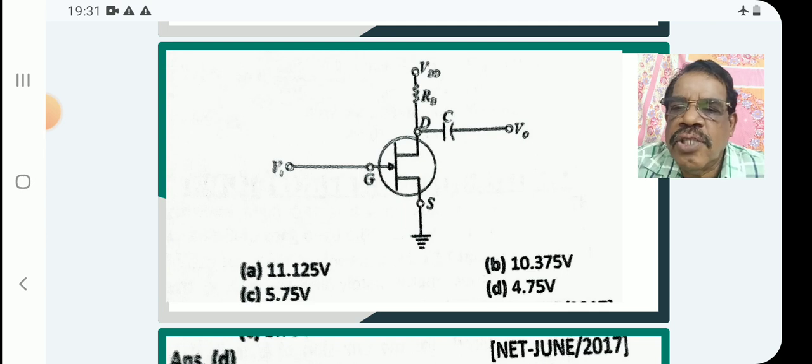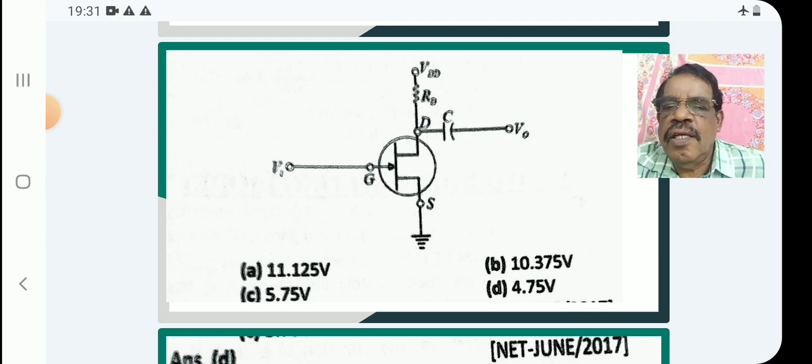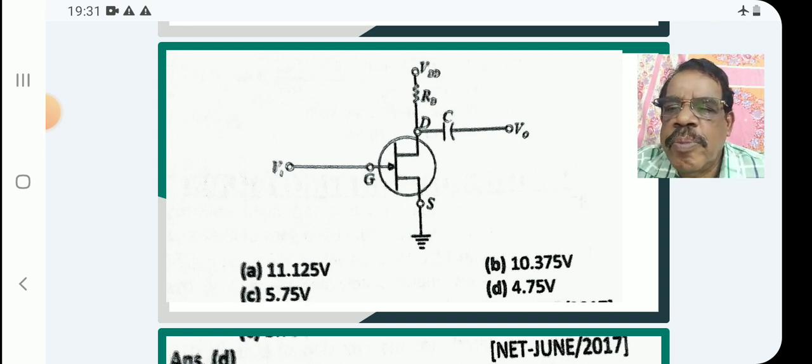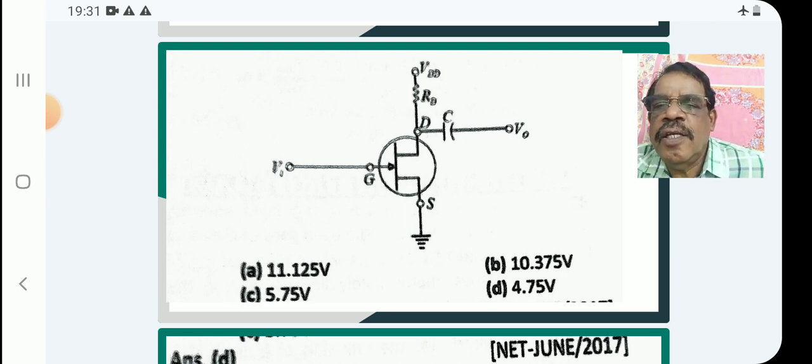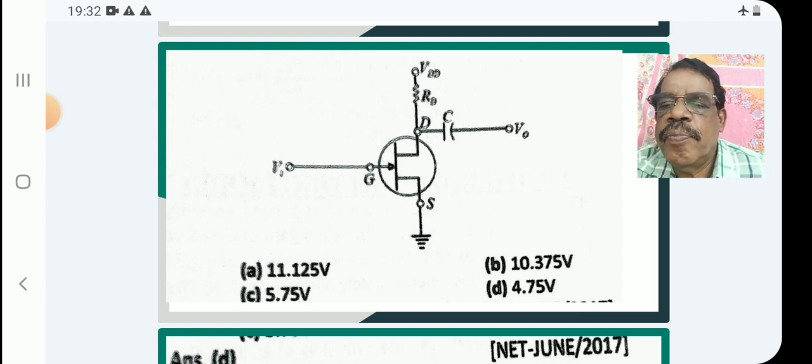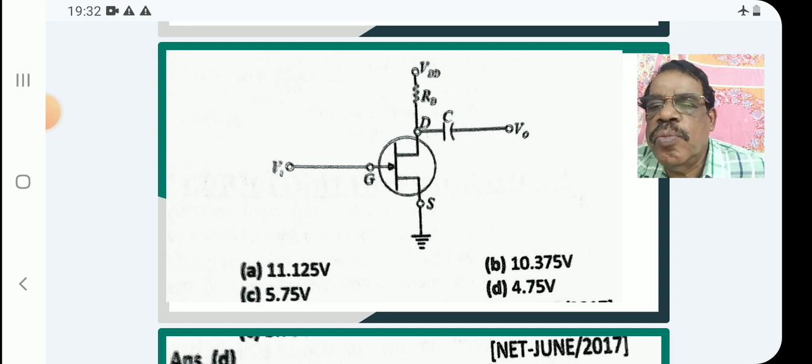In a bipolar junction transistor, there is emitter, collector, and base. Here, emitter can be replaced by S, the collector can be replaced by drain, and base can be replaced by the gate. So G is gate, D is drain, S is source. A battery, RD and a capacitor are given, etc. So what is VGS? That is the gate source voltage. Here the options are A 11.125,